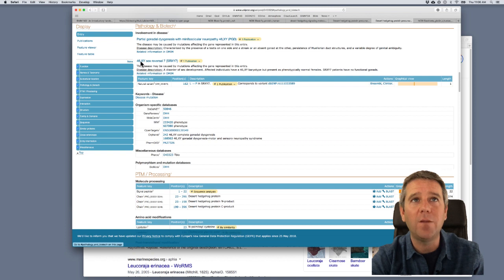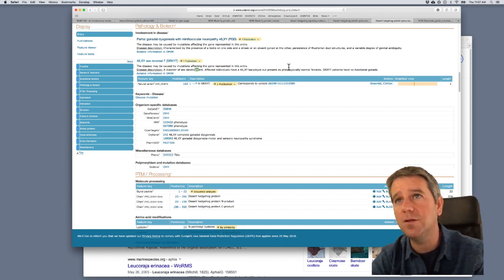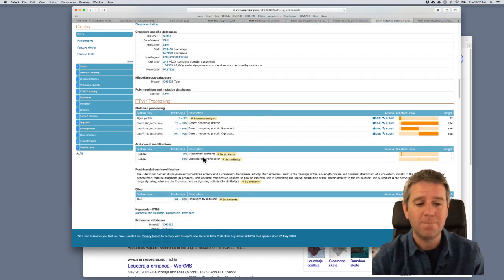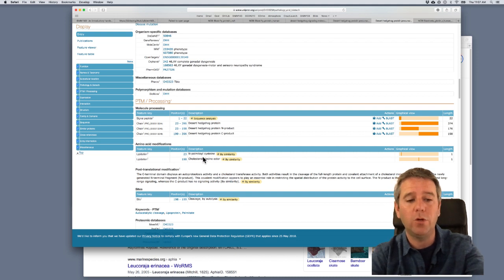And here it's in developmental disease, like these ones, partial... mutations, this gene affecting presence of testes on one side, or sex development, affected individuals of this karyotype presenting normally as females, but have no functional gonads. These sorts of things you could find out that might be of interest to your collaborator, for example, or dig into these things more. Okay, so that's the kind of way that we would explore this and answer the types of questions in this